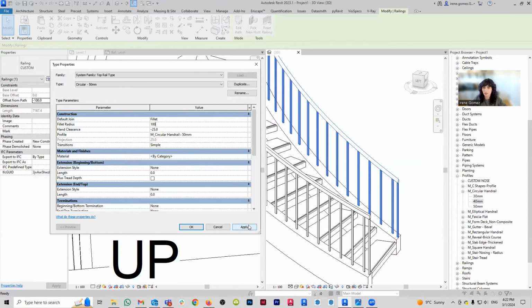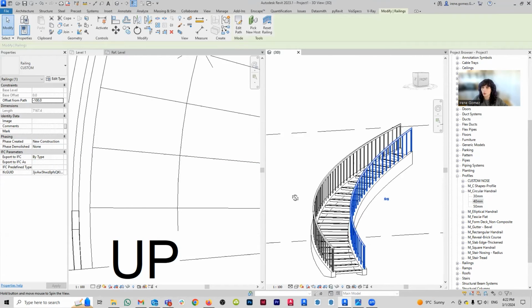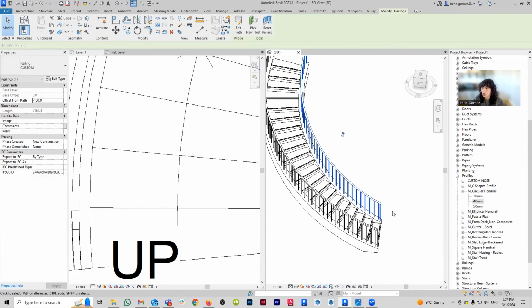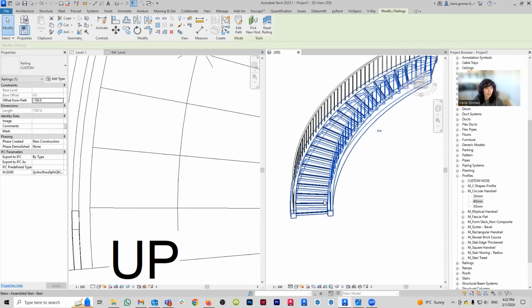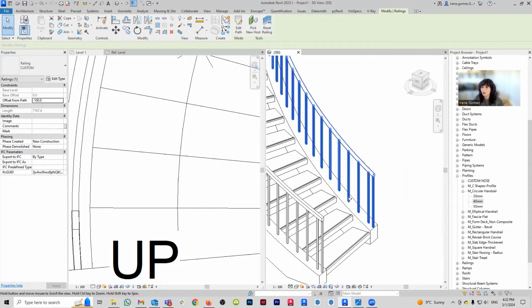We're not really going to see it right now. I'm going to actually show you if I go here, apply OK. We're not really going to see it because we don't have any corners in our rail. So like there's nothing there. So we're going to see it when we start customizing our railing. But for now, I'm going to leave it just so we know it's there.